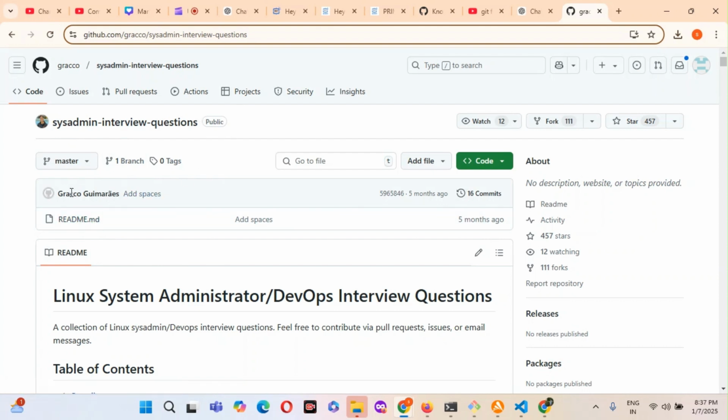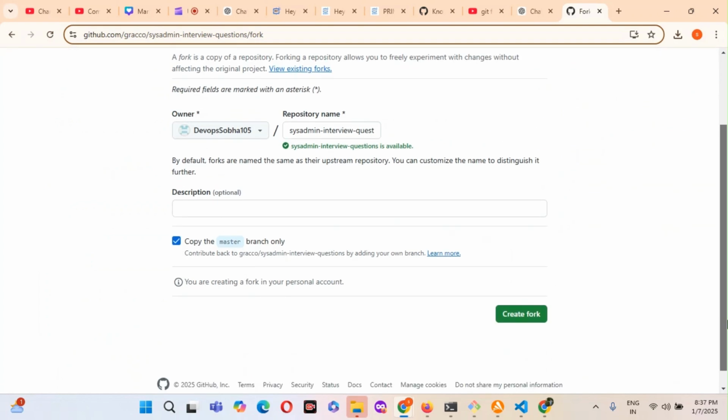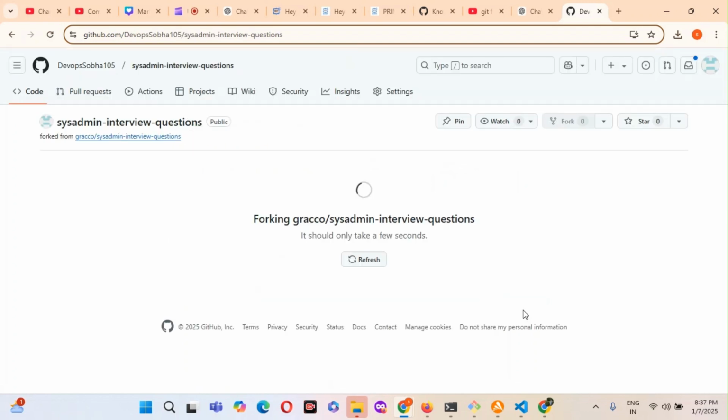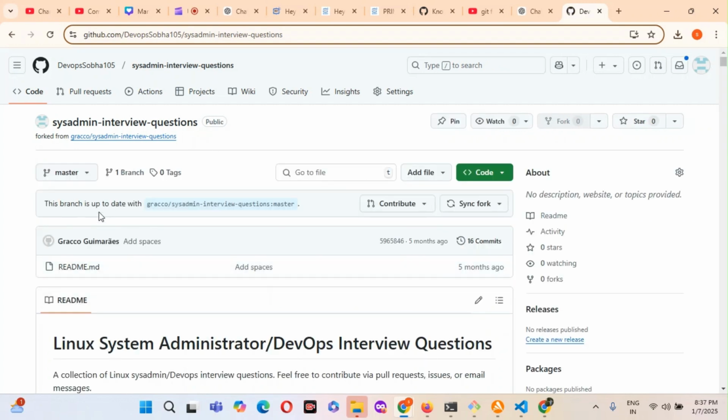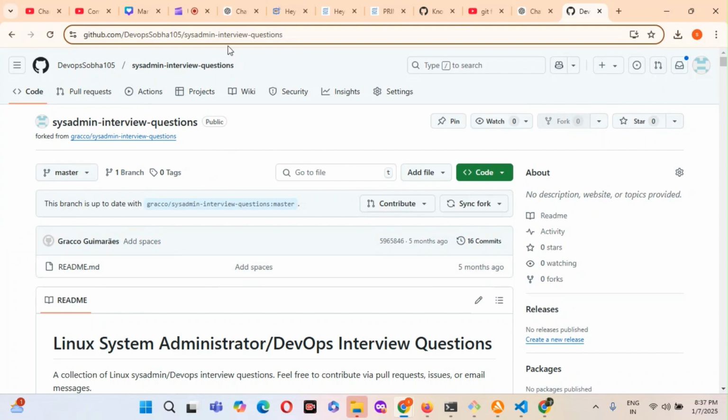So to my local. So what can you do? See, one person will fork it, copy it. So click on this one, just come down. This is I am the owner, the tree name is that guy, the repository name, so it will be copied. So create fork, see, it will be forked to my GitHub repository. See, it will be there. You can search on it. So anytime it will be there in my GitHub account.